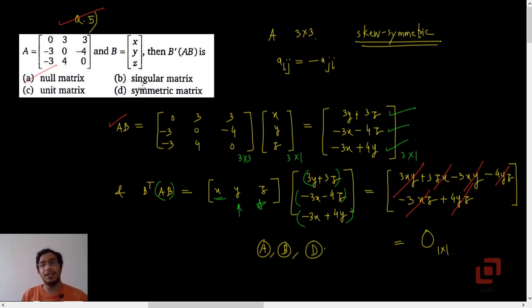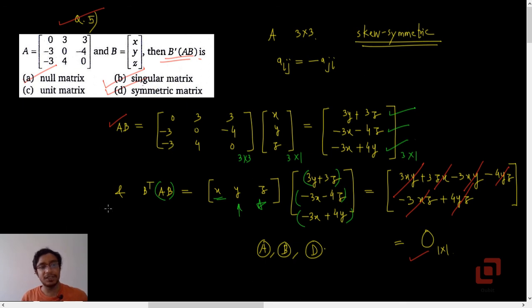And which matrix is a singular matrix? Any matrix whose determinant is 0 is called a singular matrix. And any null matrix which is a square matrix is definitely symmetric. So all three are correct, but in my opinion you should mark option A, because you can have singular matrices which may not necessarily be null matrices, and you can also have symmetric matrices which need not necessarily be null matrices. But as far as this problem is concerned, all three options are correct.